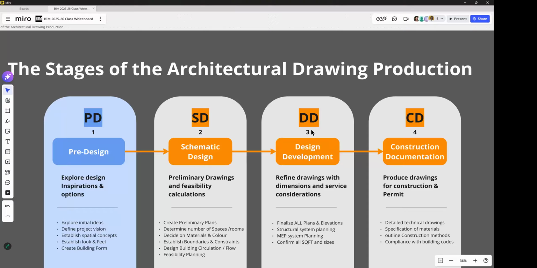And one of the important things about this module is, chances are you guys won't be focusing on the business aspect of architecture that much. You'll probably be focusing on the production side. You'll probably be doing drawings, editing drawings. You'll be interacting with the production part of architecture. So that's one of the areas that we want to focus on.